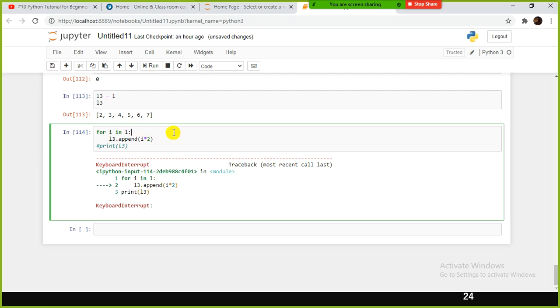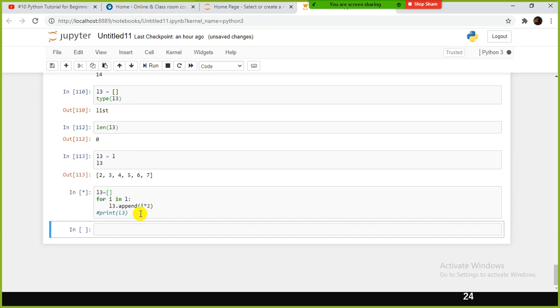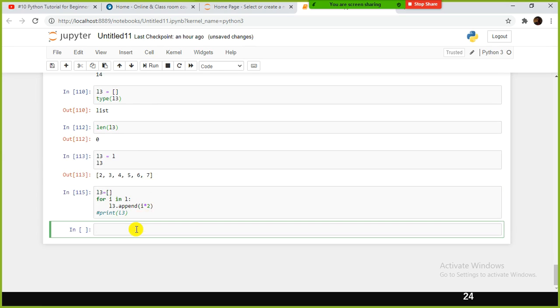Oh, okay. I assigned that one, right? L3 is equivalent to, again I'm going to make it blank here. Yeah, print L3.